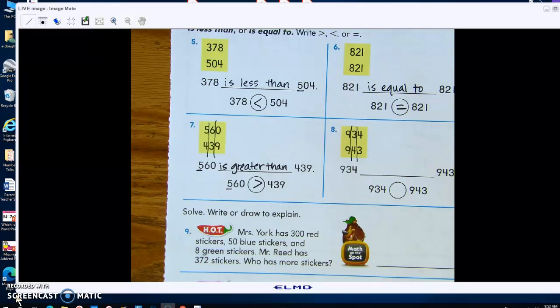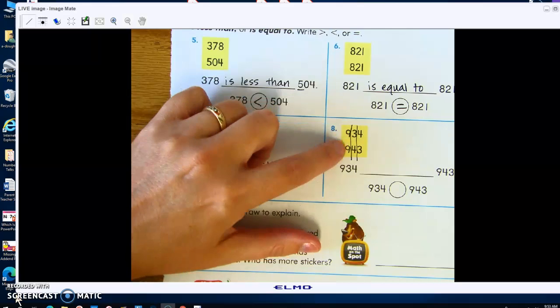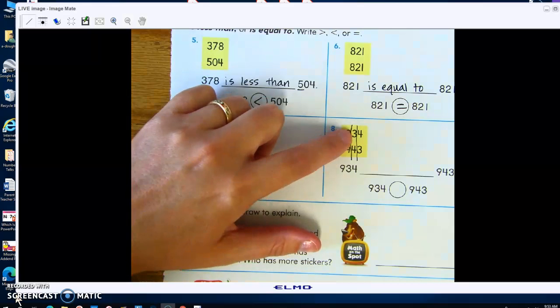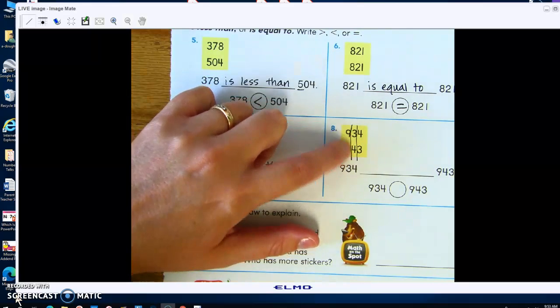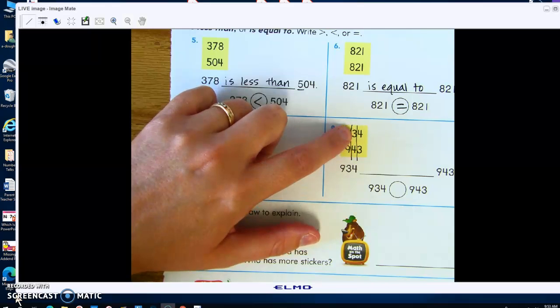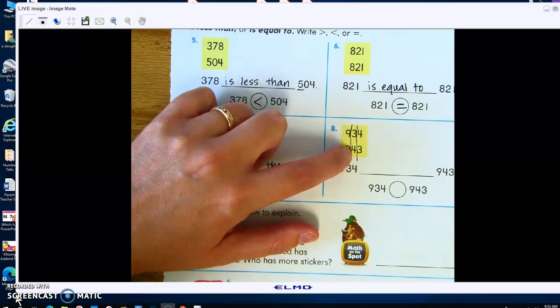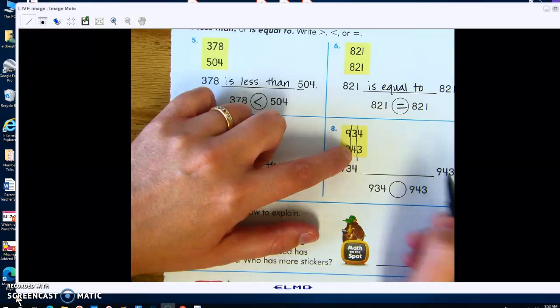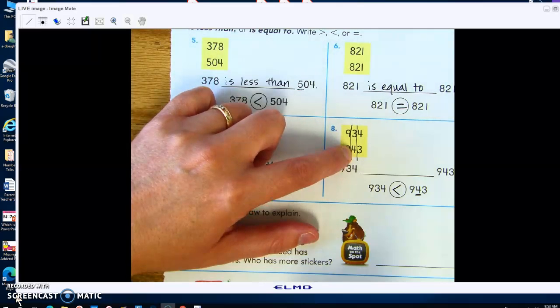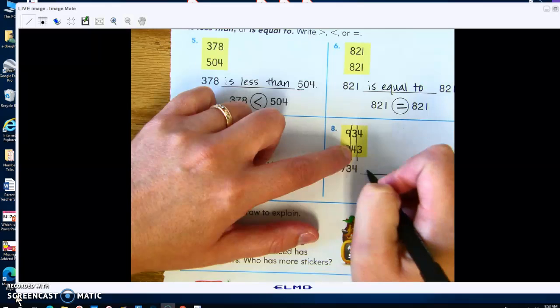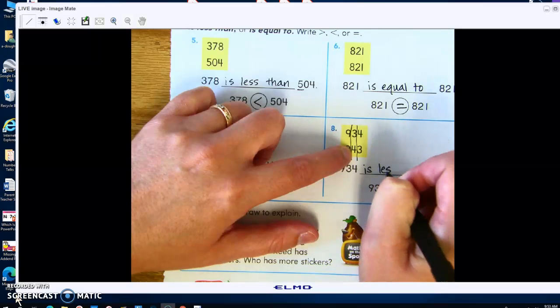So some of you are saying equal to, but they're not equal because they're 2 different numbers. The hundreds is the same, but the 3 and the 4 here in the tens is not the same. So I look at 3 tens and 4 tens. Well, 4 tens is bigger than 3 tens. So that means that 934 is less than